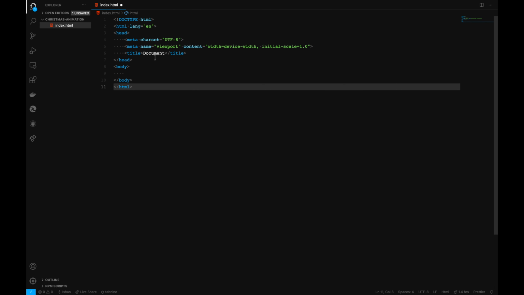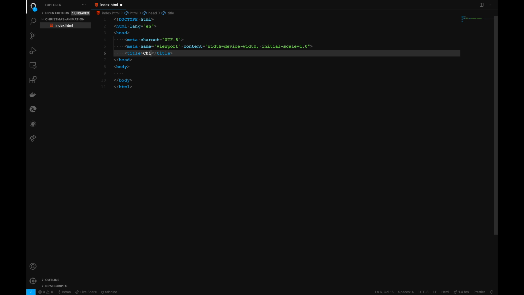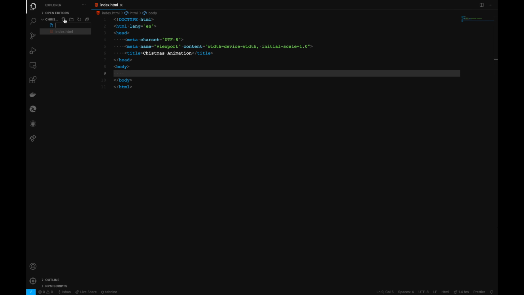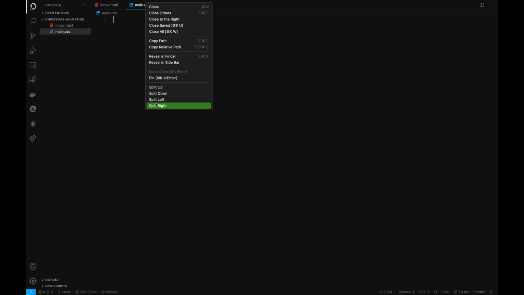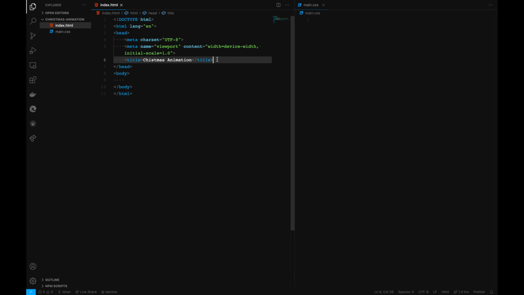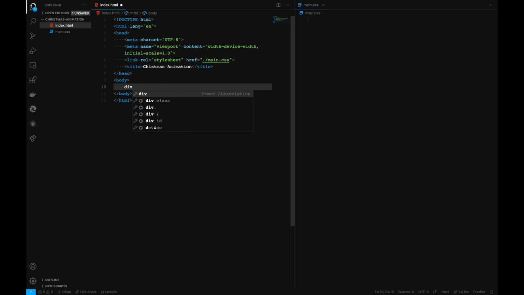So first let's create an index.html file, and inside here we will just add Christmas animation as a title, and we will also create another file which is main.css, and we will split down to the right, link this file right here, which is main.css, and in the body let's create a simple div for now, and here we can create another div with a class name of snowing,